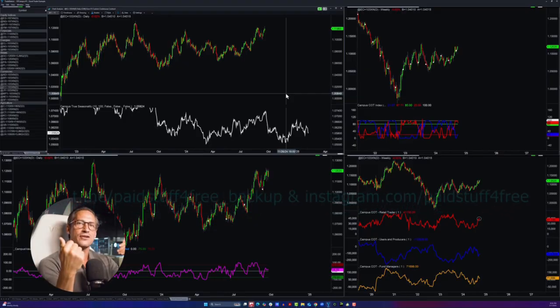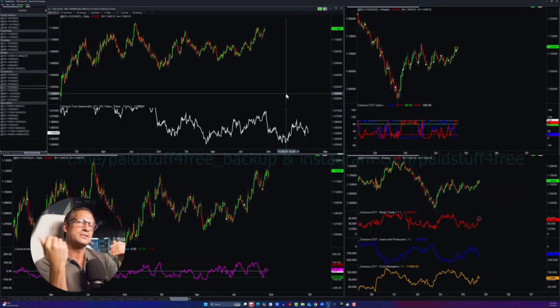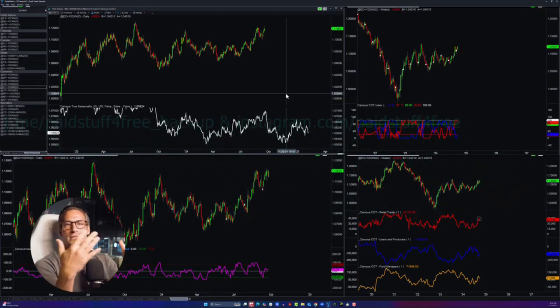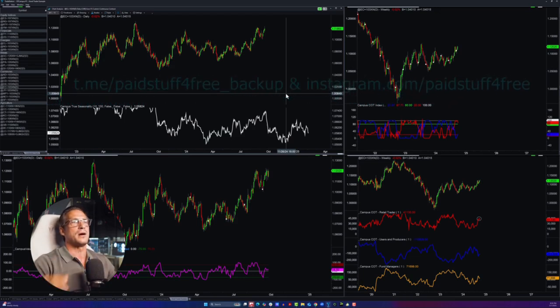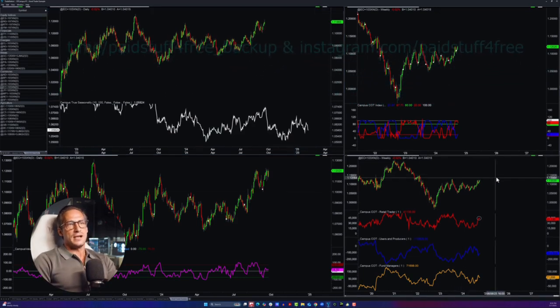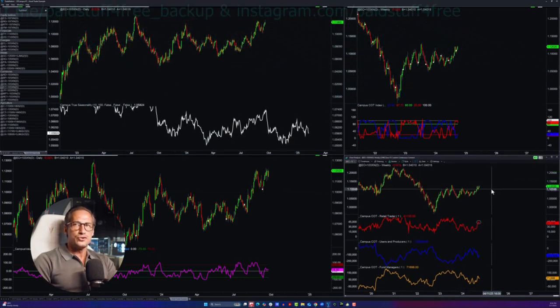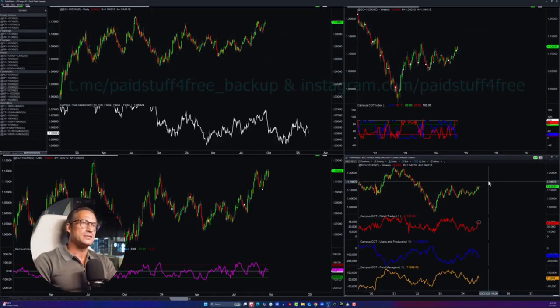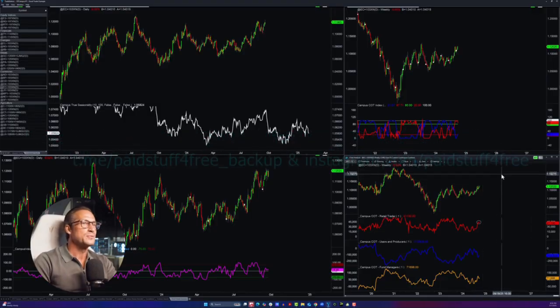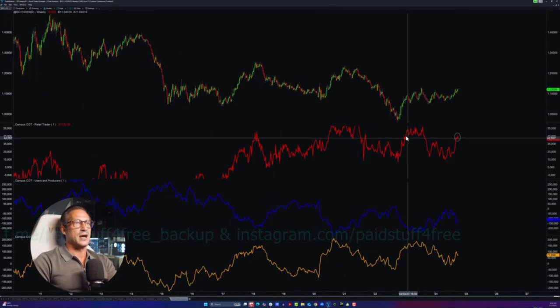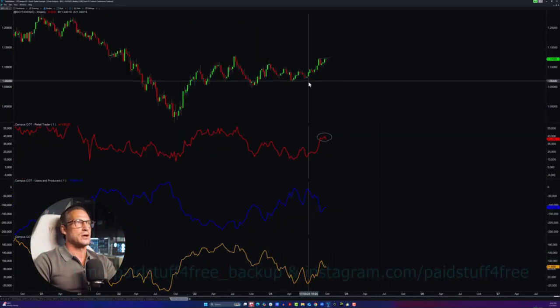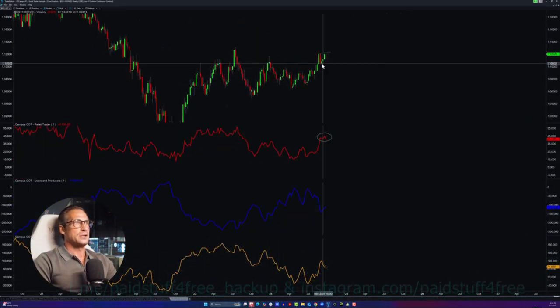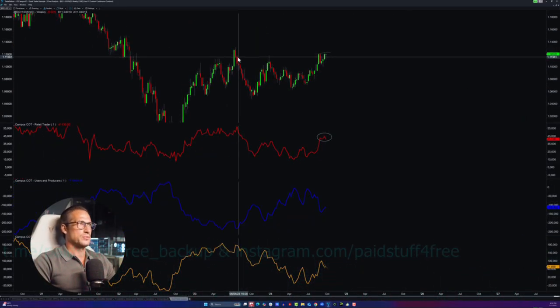So now, since we have a fundamental bias, we can go into step 2, which is timing the market with supply and demand. Since my entries are usually on a daily chart, I like daily entries, so that's why we do weekly income, or you can also call it swing trading, whatever you are familiar with. And now we start on the weekly chart here. And on the weekly chart, we see that, well,